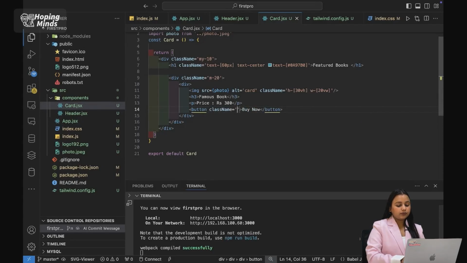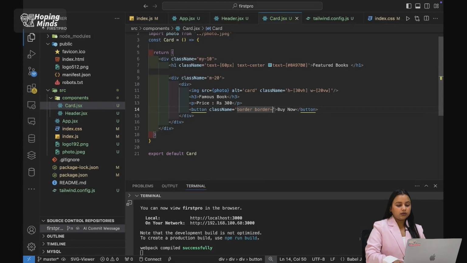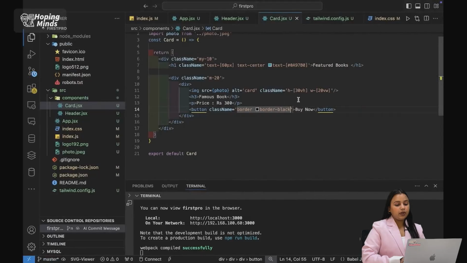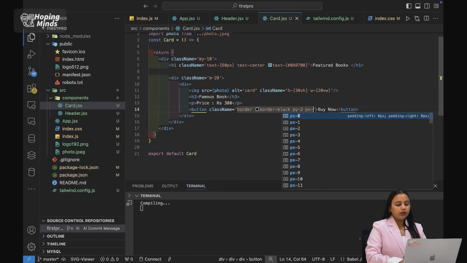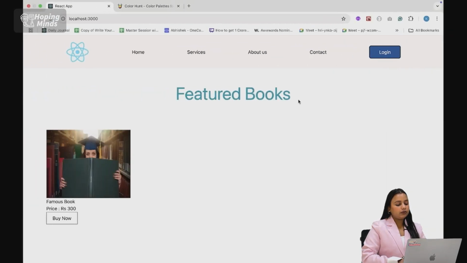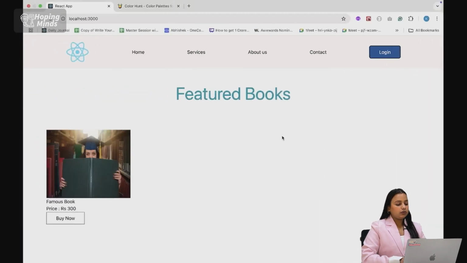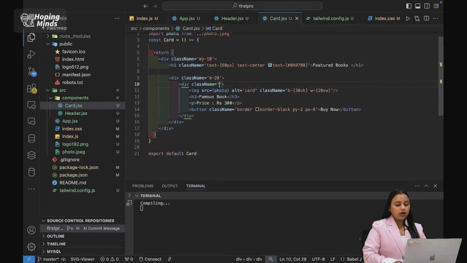Class border, color, let's go with black. So border is black. PY is going to be padding from your Y. So let's have 2. PX should be, let's suppose it's around 5. Yeah, so you can even go with 8 around. So that is fine. And to this paragraph, we'll add color later, but to this card, I want to add